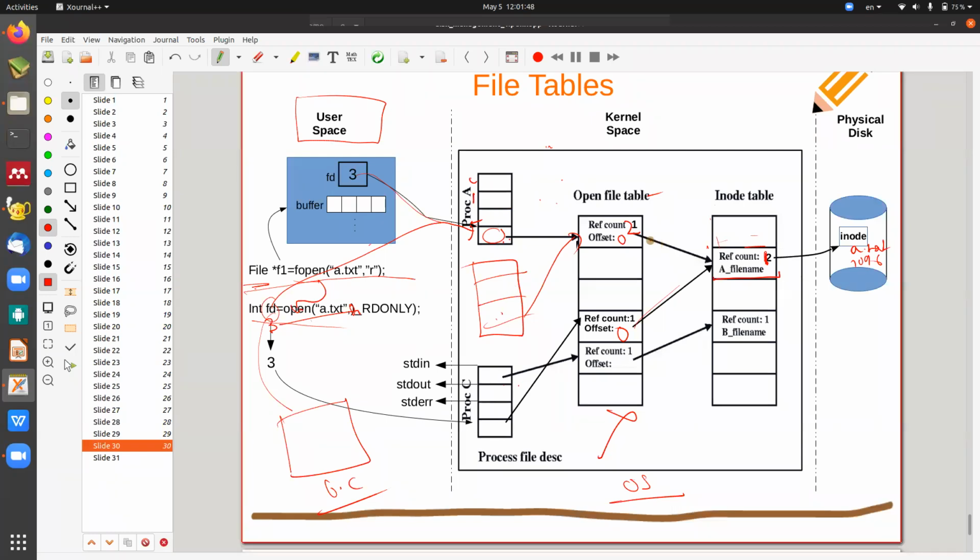to this. Now please try to get me. If this process is reading one character, क्या changes होगा? क्या change? मैं 1 minute में खत्म. If this process reads one character, तो क्या changes होगा? Offset 1 हो जाएगा. Offset change to 1. उसके बाद अगर ये child process रीड करता है, क्या रीड करेगा? I. This should read I and offset should be changed to 2. Getting my point? Yes.